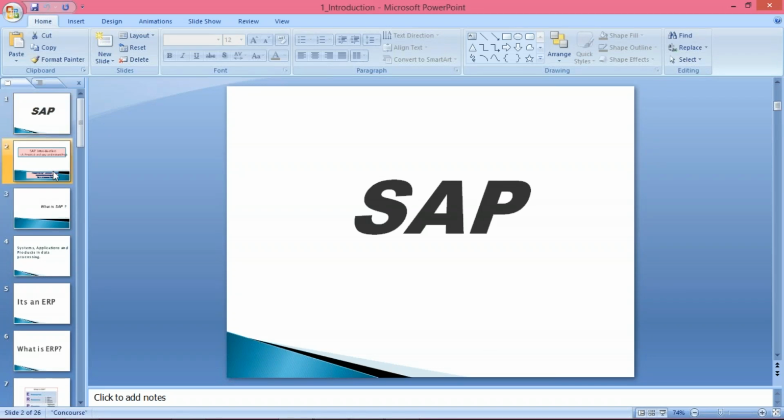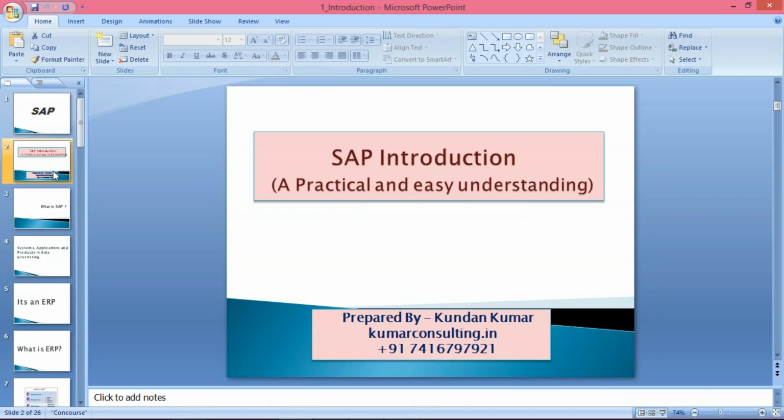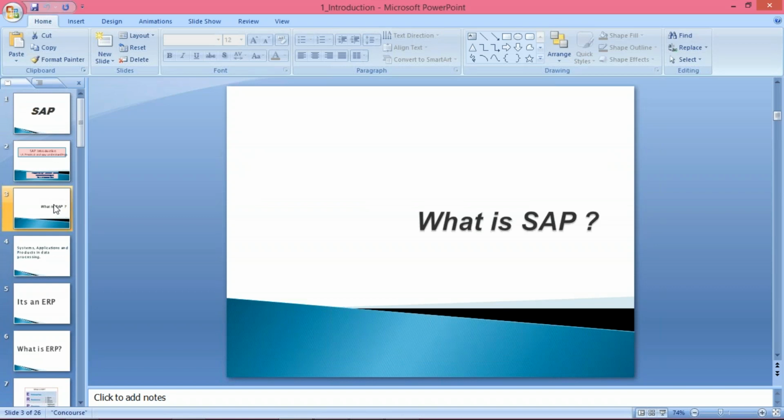So here we'll start from an introduction about SAP. The first question which will come to the mind of everybody who is new to SAP is, what is SAP? And we should know this if we're planning to do certain things. First of all, you should know what is SAP, what is Oracle. If you're going to do any other course, Java, .NET, lots of courses are there. But here we'll talk about SAP. So the first question is, what is SAP?